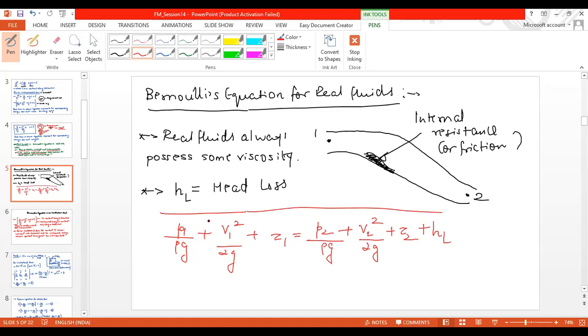However, just assume that this is a simplification. In real situations, this phenomenon is much more complex. Here it is just a simplification where we took the viscosity factor into account by using this HL. The actual derivation, the actual mechanics behind this, is very complex, which is right now beyond the scope of this syllabus. So now let's move to another important topic.